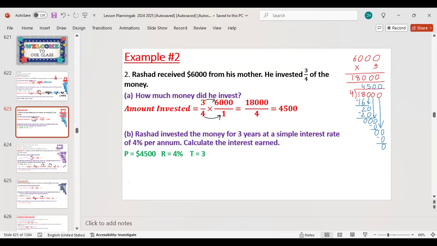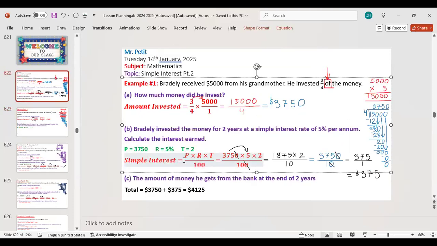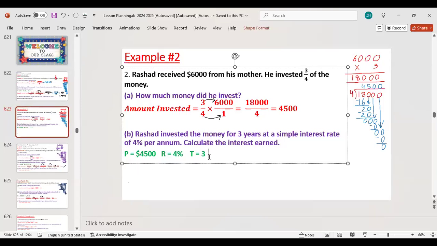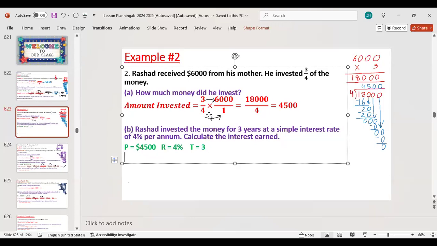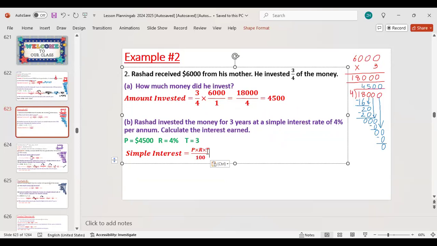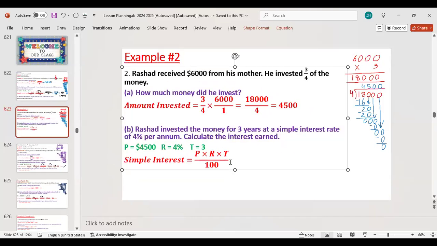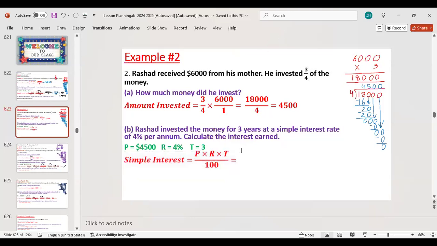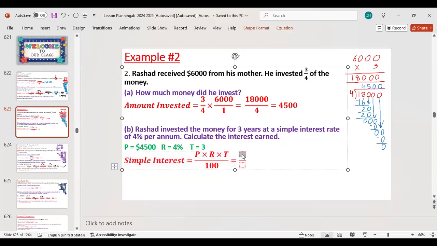What do we mean by per annum? Per year. Very good. So let's go ahead and write this down. By the way, if you got an answer, put it inside the chat. Let me know if you got the same answer as me. I haven't finished the question yet. So simple interest is going to be equal to P, the principal, so that's going to be 4,500 multiplied by